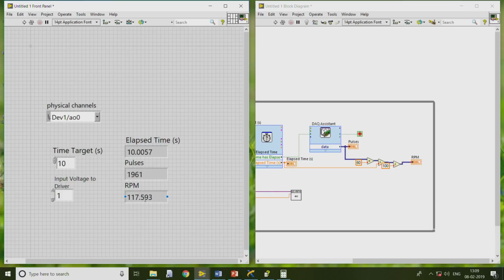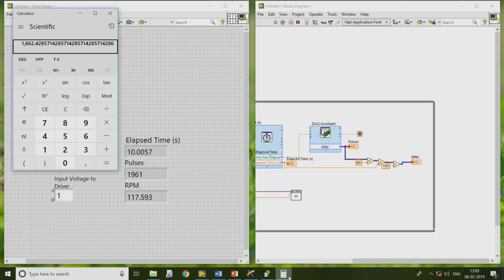So if I divide 117.5 by 18, we have to use